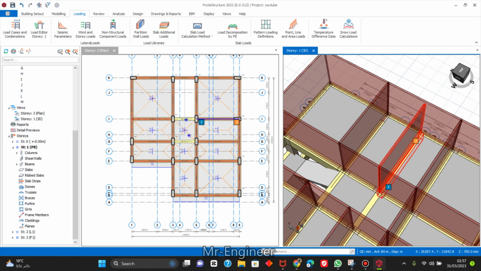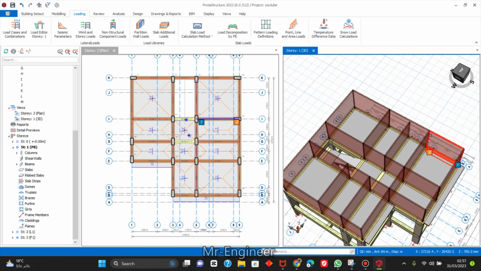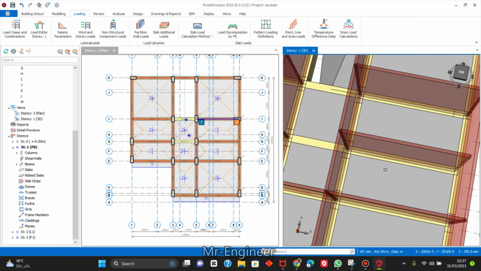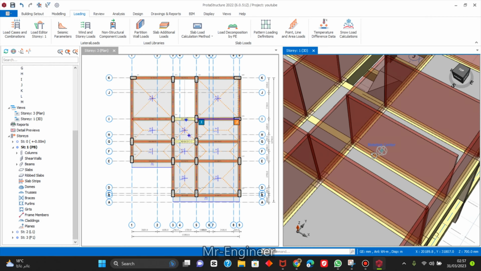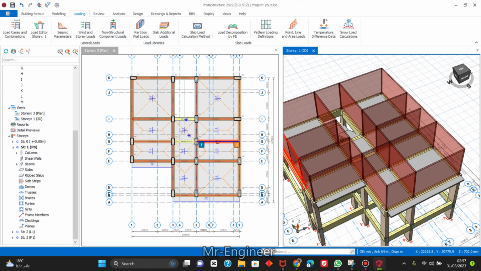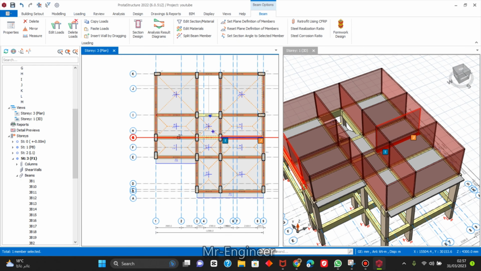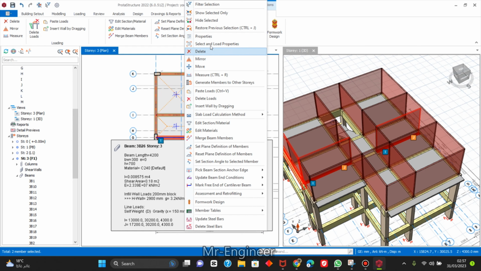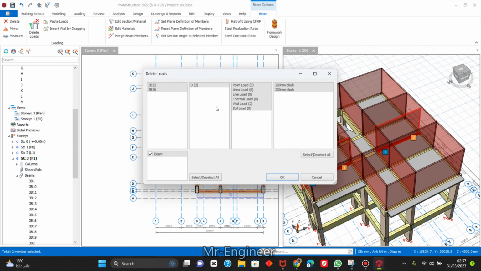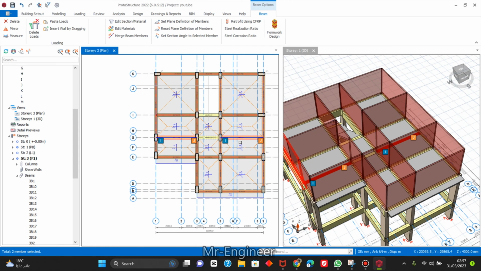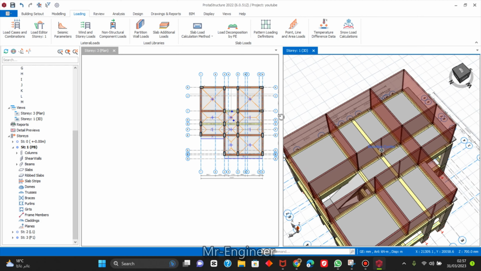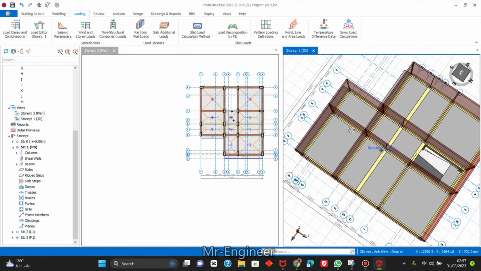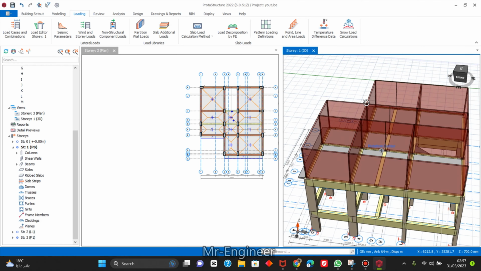You want to remove the load from here as well. This one and this one. Because it can only be, okay. Let me remove. Go to the delete or another one. Or load here. So this will depend upon what is your